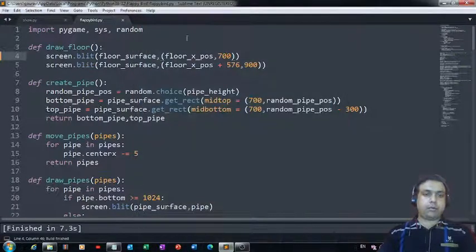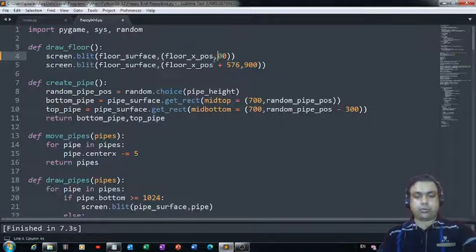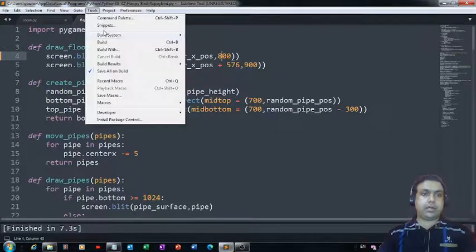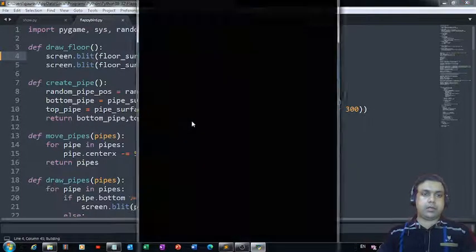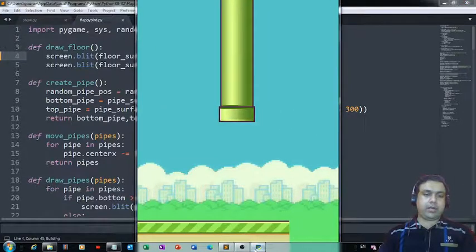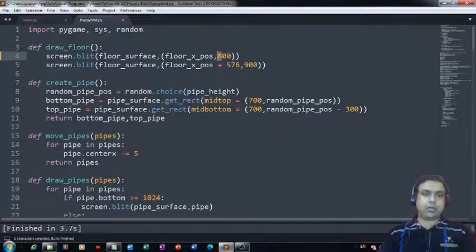If you want me to shift it a bit down, we can change it to 800. Let's see what we are going to get. No, 800 is not fine. 800 is not looking good. Let's keep it 700 only. Okay. Now it's time for us to